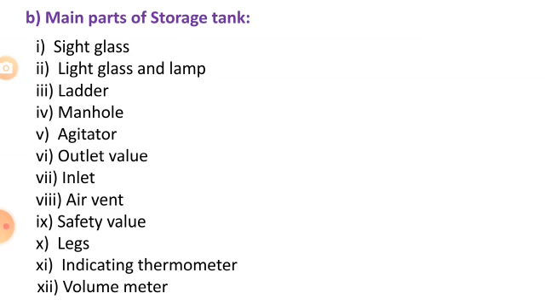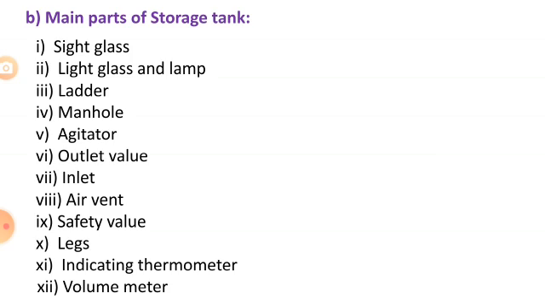Okay. So there must be a thermometer inserted in that storage tank, and the indicating thermometer is a very important part of the storage tank. The next one is a volumeter. The volumeter is also very essential, as it is required to measure the volume of the milk present